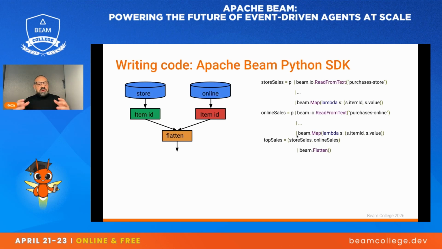So we want to bring these together. As these contain the same type of item, we can just call a Flatten operation. This is one of many primitives in the Beam SDK, which allows you to do these kinds of operations. So here we're creating a single collection from these two different collections because we want to do some computations afterwards.